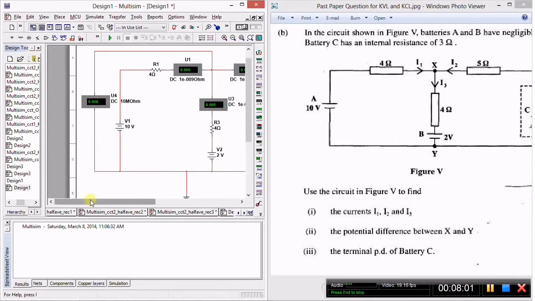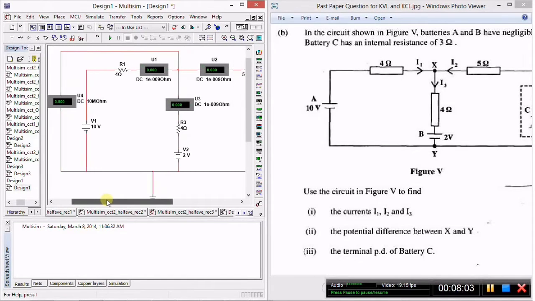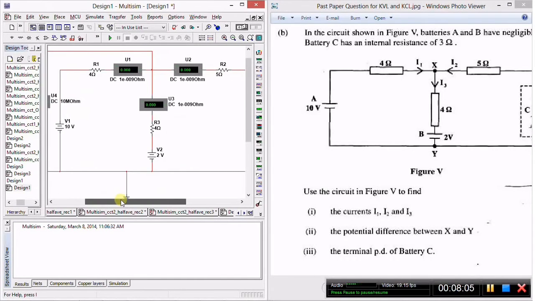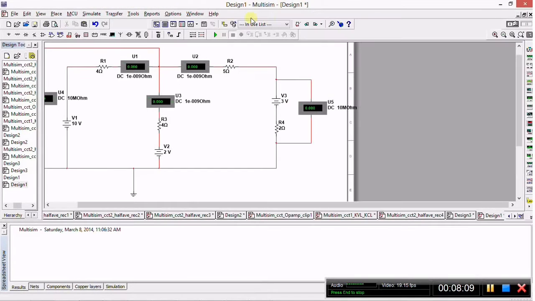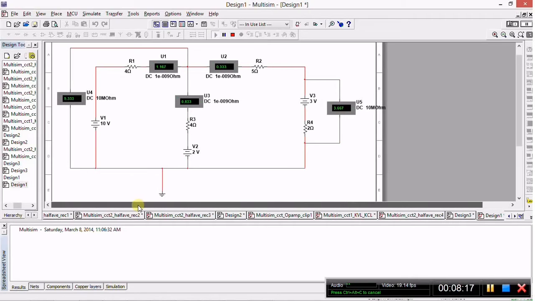So yeah, there we have the identical circuit to the past paper question. Now what we need to do is actually simulate this to get the answers that they were looking for. So let's click play on our simulation toolbar. And there you have the simulated